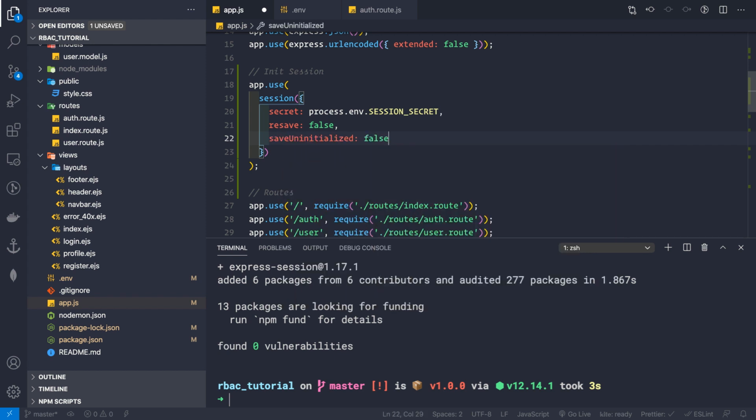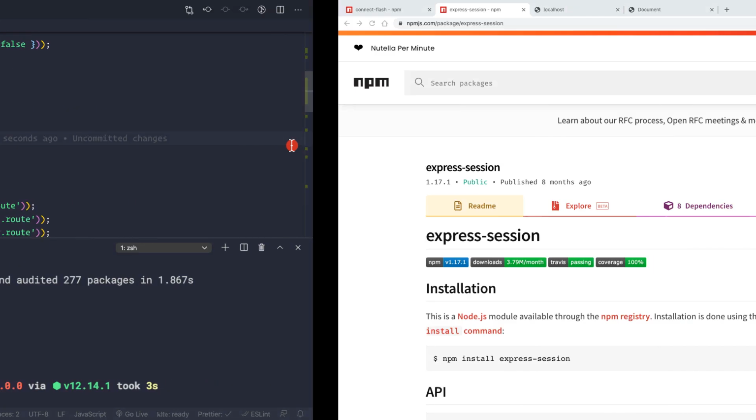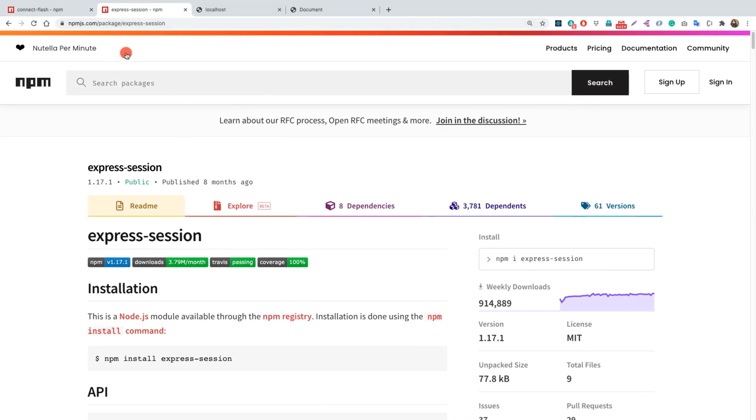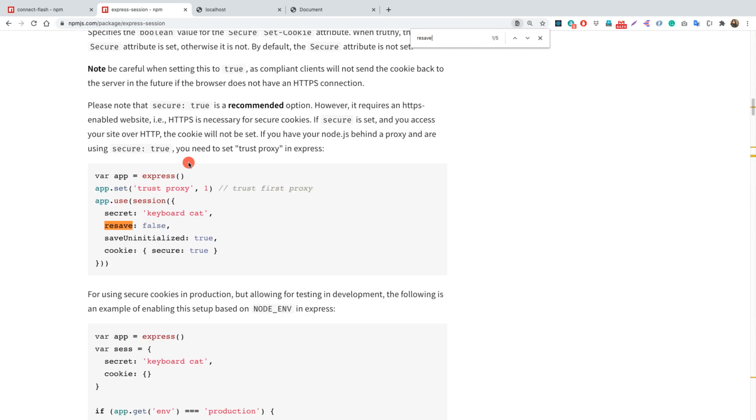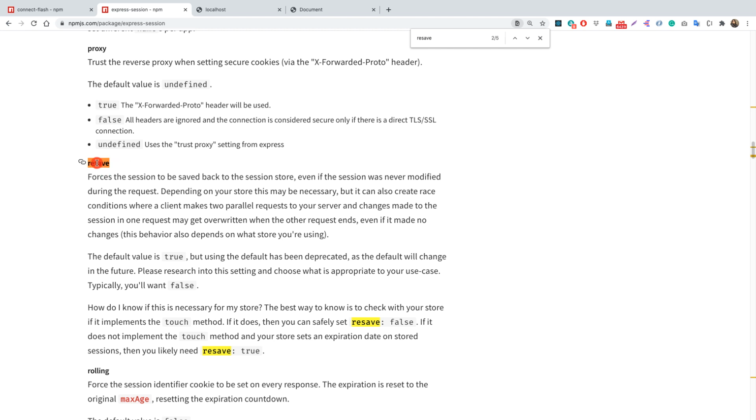If you want to know what these two properties mean, you can go to this Express Session npm package site here, and if we scroll down, or let me simply search resave, you can learn more about resave and saveUninitialized here.